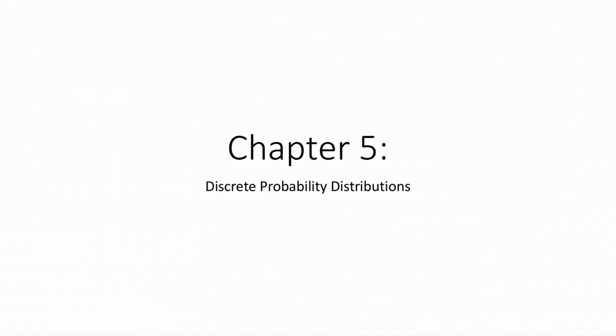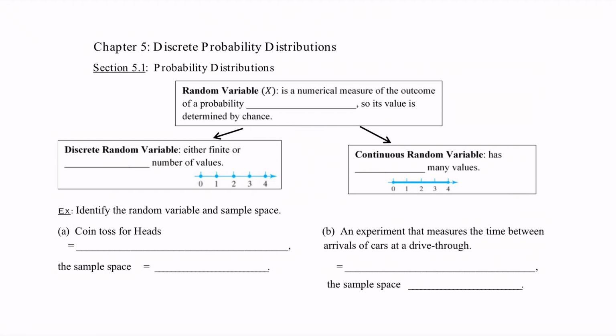Here in Chapter 5, we introduce the idea of discrete probability distributions. In fact, before we start talking about discrete probability distributions, we're considering a new concept when we're talking about probabilities. In this case, we're thinking of the random variable, and here we use the uppercase letter X to represent a